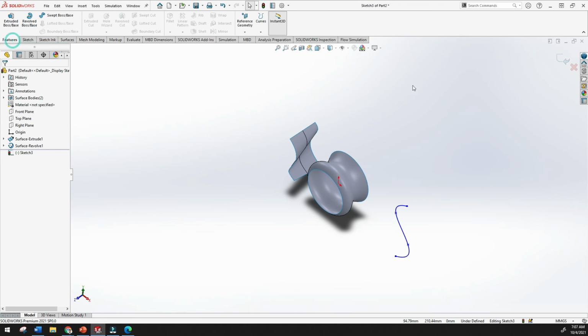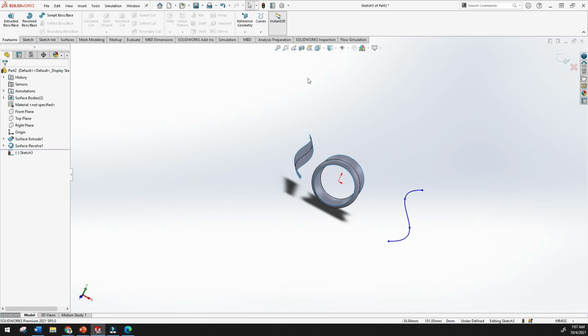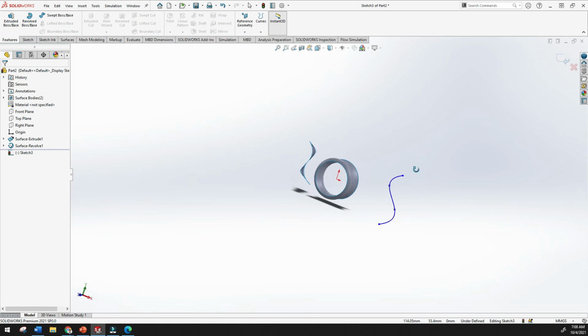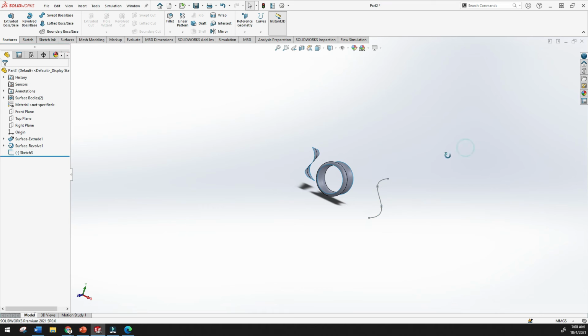Go to the features, and okay, actually it is not creating, sorry, because we have to close the sketch. I have just created the sketch and you have to complete this sketch. Okay, finally I have completed this sketch.